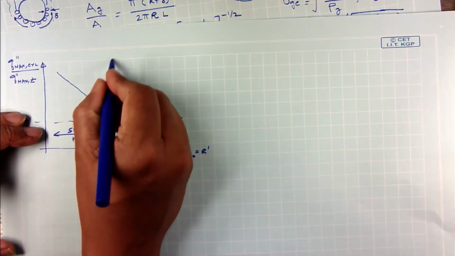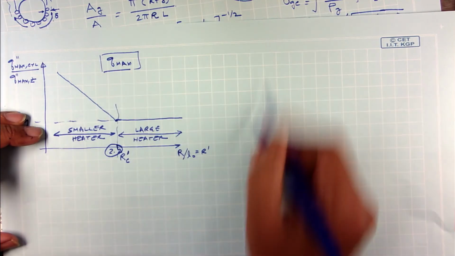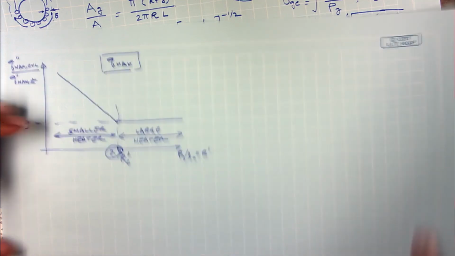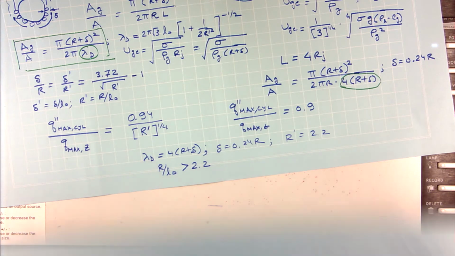Okay. All right. So when it comes to Q min, we can do a similar analysis. Okay. So I'm saving this graph because this is for Q max. This is a graph for Q max, and we will do a similar graph for Q min. Okay. So I am saving this paper. Now, when it came to minimum heat flux,